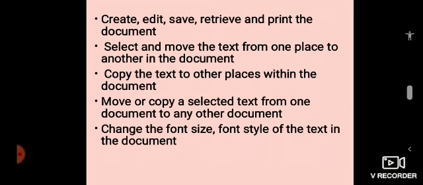We are able to create, edit, save, retrieve, and print the document. Select and move the text from one place to another in the document. Copy the text to other places within the document. Move or copy selected text from one document to any other document. Change the font size and font style in the document.